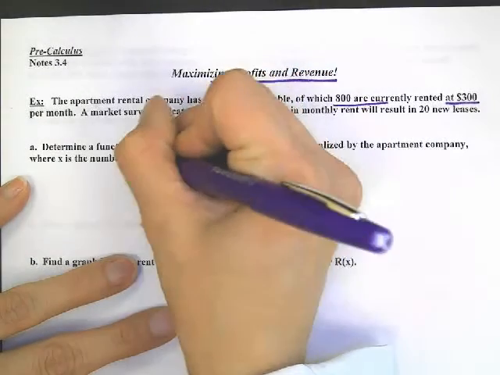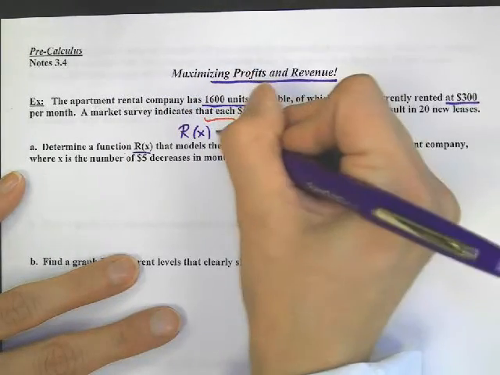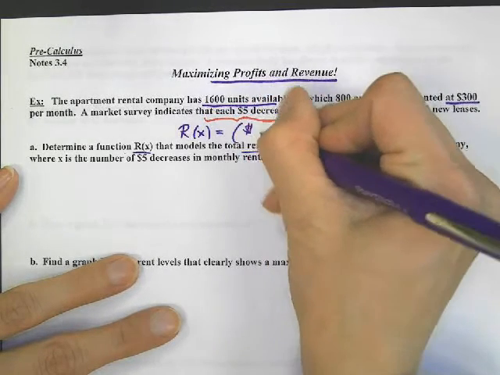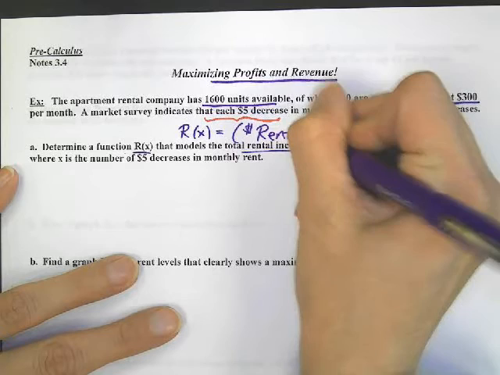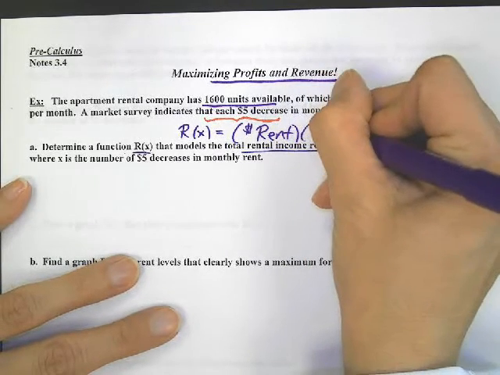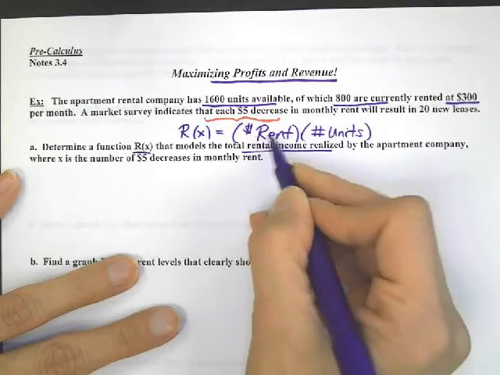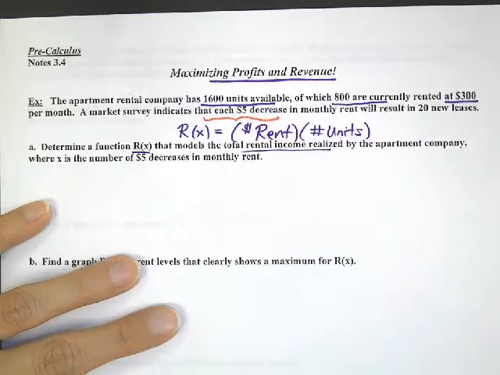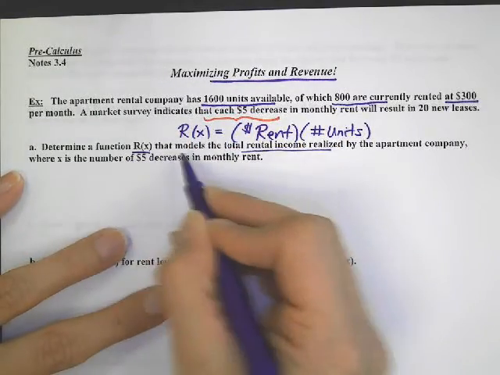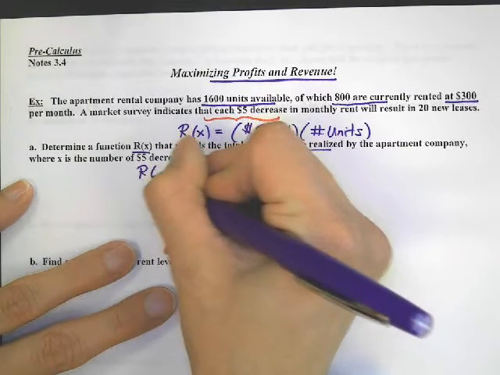R of X is the total rental income realized. So how do you make money? Well, you charge so much for rent, money's coming in, and then you times by so many units. So however much you charge times that many people that are living there. Determine a function that models the total rental income realized. Okay, so I'm going to make an R of X equation